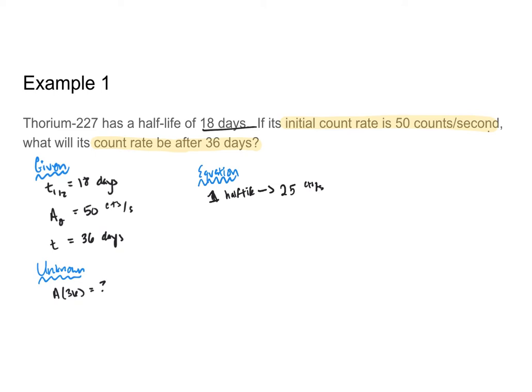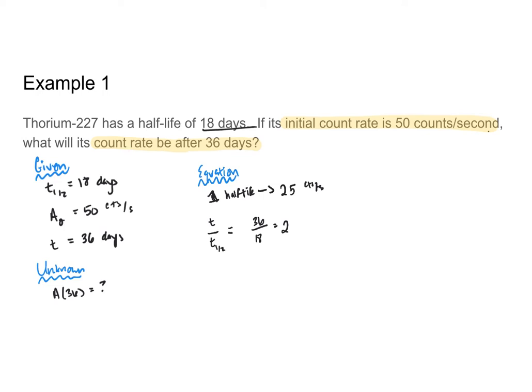So we want to figure out how many half-lives happen in 36 days. So t over t1/2 is equal to 36 over 18, or 2. So another way to word this problem is what will be the activity in our sample after 2 half-lives, since we're